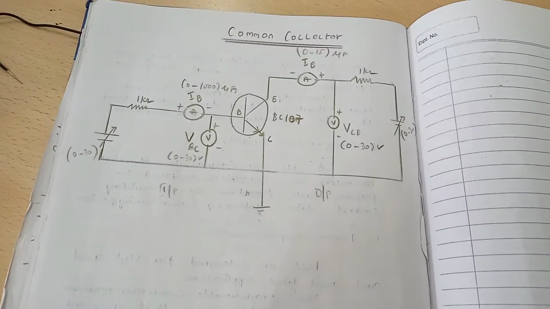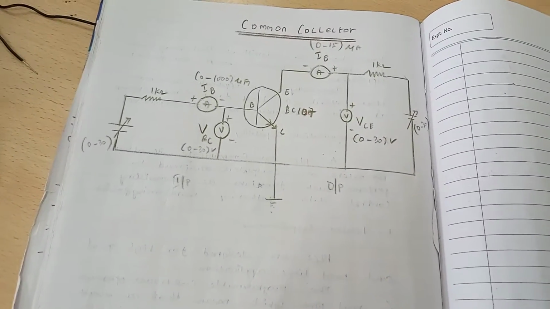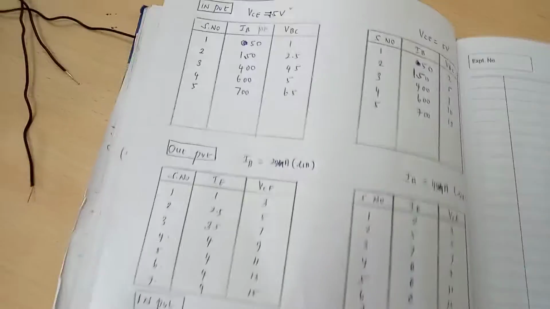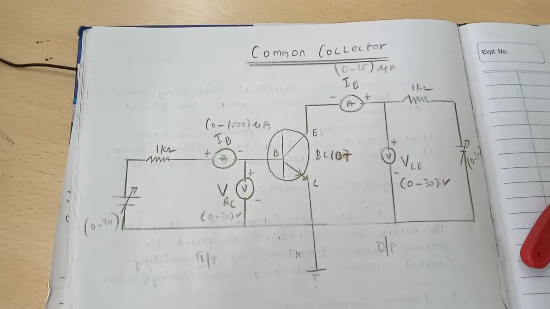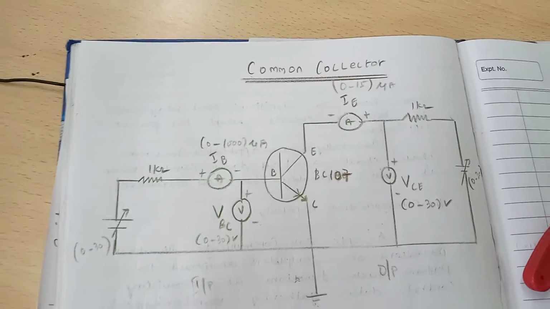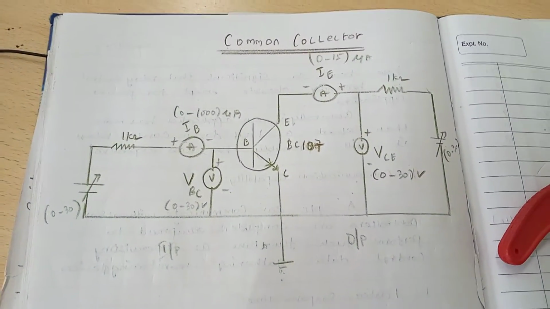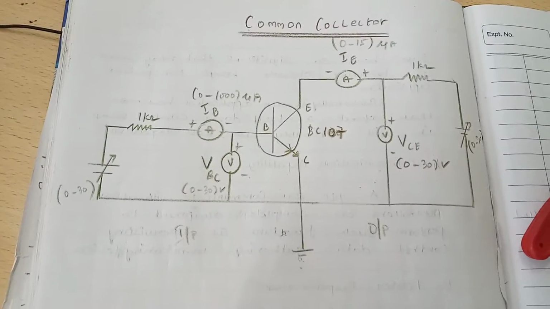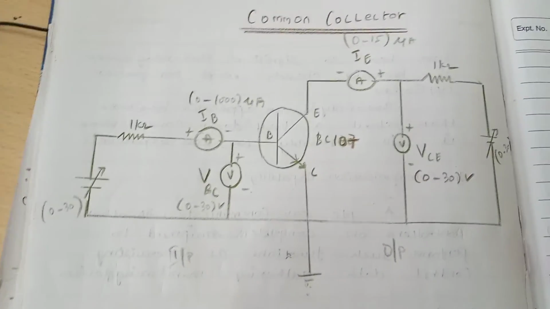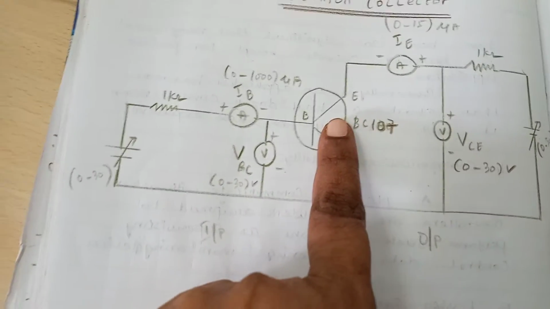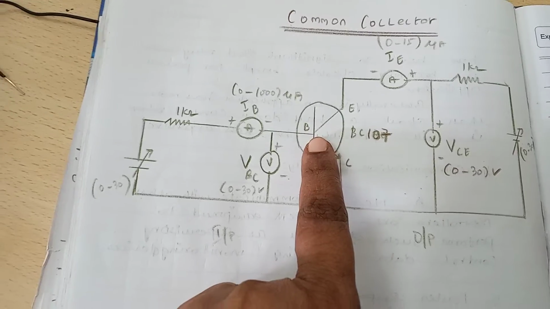Okay, I'll explain the first experiment. Actually, we are supposed to do the CE configuration, but because of the meter availability, we are going to explain the common collector configuration. Okay, this is going to be the circuit diagram, and the transistor used is going to be an NPN transistor, and